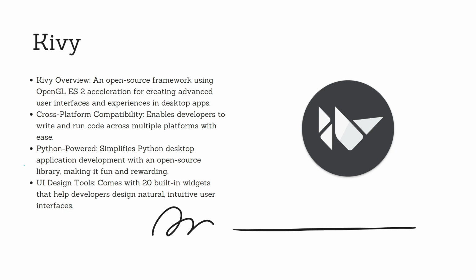Next one is Kivy. It is an open source, OpenGL accelerated framework for building new interfaces and experiences for desktop apps. It empowers its users with easy to write and run code on cross platforms. Kivy makes Python desktop application development fun, easy, and rewarding because it is an open source Python library for application development and GUIs. Also, it comes with 20 widgets that enable developers to design natural UIs. Okay,